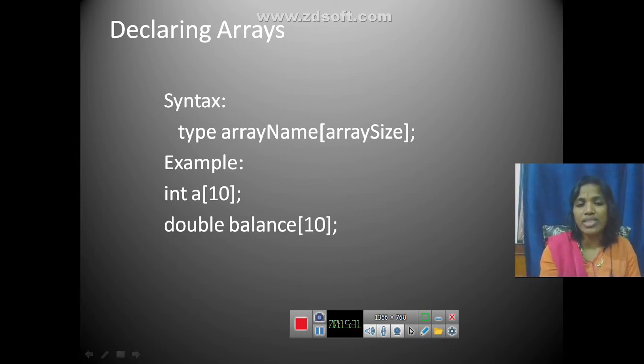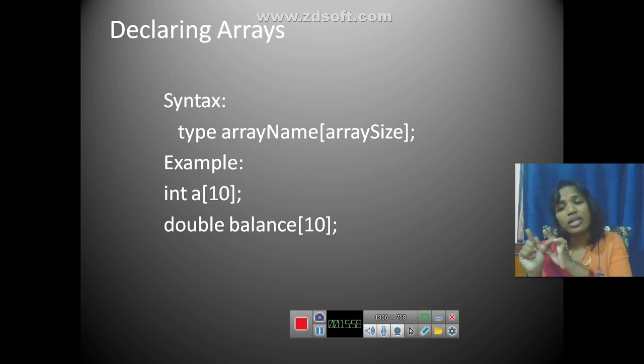So simply you can see this example. It is of type integer. What is my array name? A. And what is the size of the array? 10. So with this declaration, the compiler allocates 20 bytes of memory locations, which are contiguous. The meaning of contiguous is sharing a common wall, that means side by side.